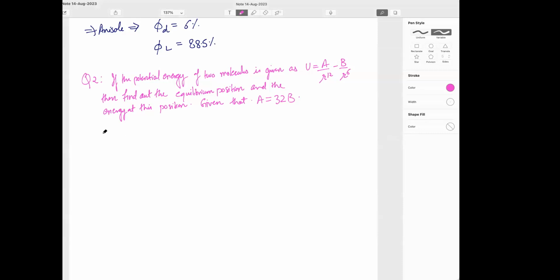So I'm giving an option for equilibrium position. Options are 4, 2, 8, 1. And for energy, options are